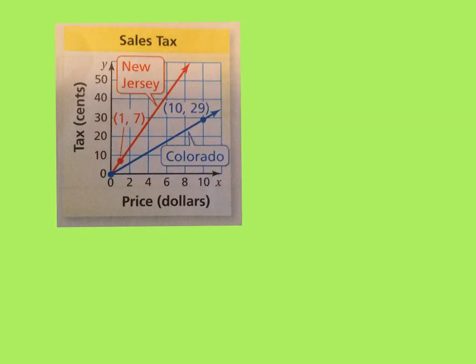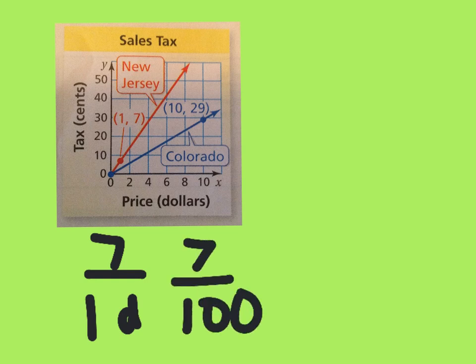Take a look at this one, and when you're ready to check, unpause the video. Okay, so it's the same sales tax problem, and in New Jersey we have 7 cents for every $1. We can just make it 7 cents for every 100, which means there's a 7% sales tax. And then in Colorado, we have